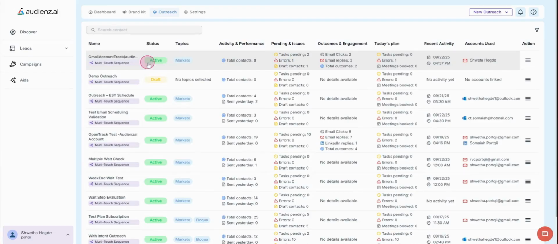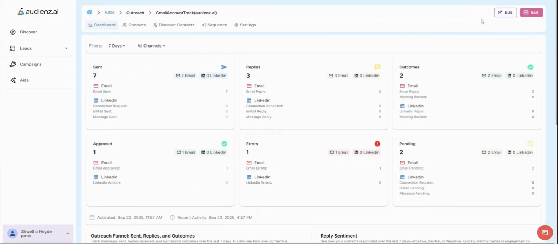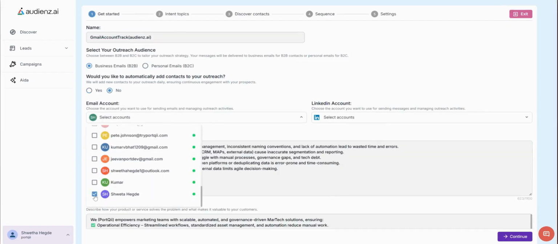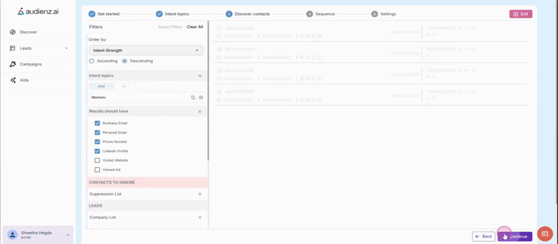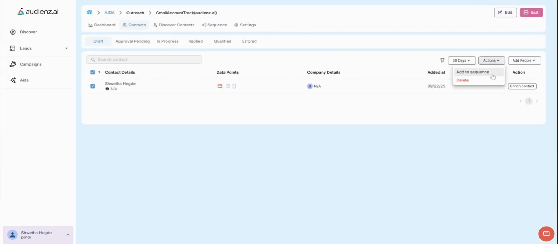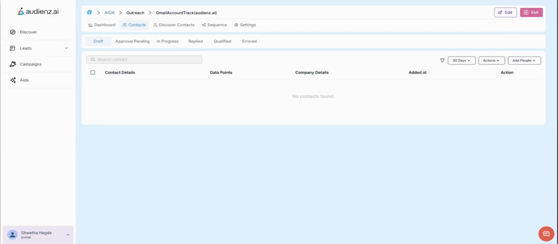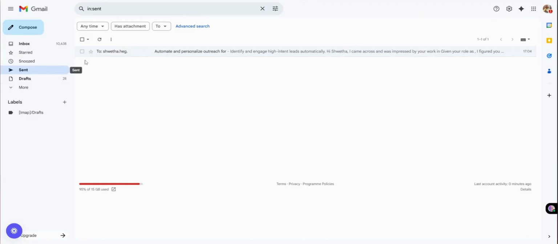Navigating to our active outreach, we'll select the Gmail account we just configured and click Continue. We'll then send an email to our own account, resulting in a successful addition of the contact to the outreach and the email being sent. Switching to our Gmail account, we can see in the sent items that Audience AI utilized our Gmail account to